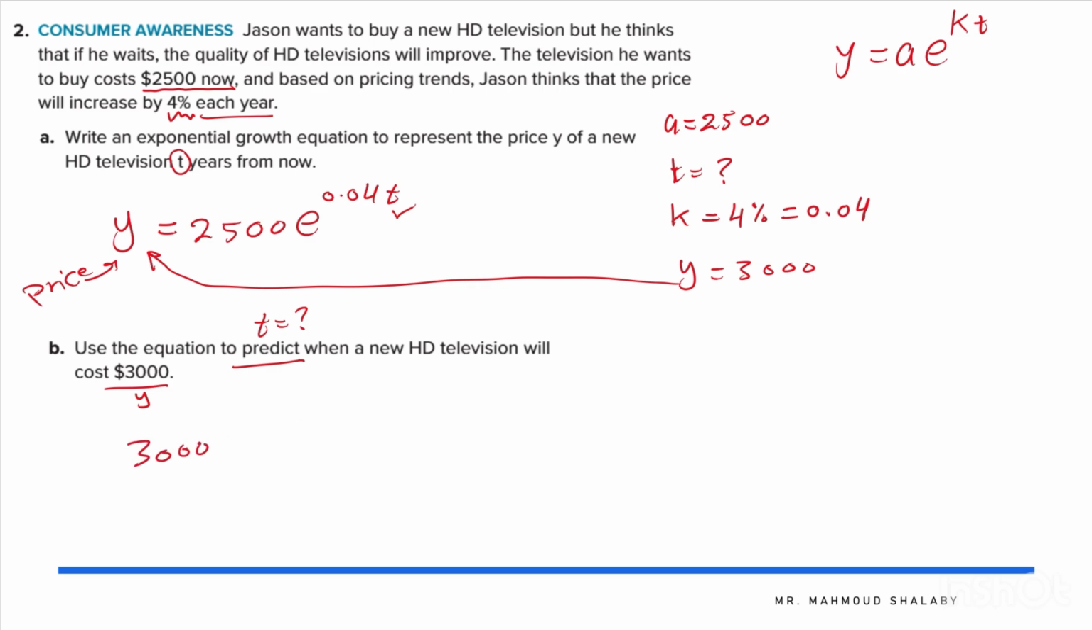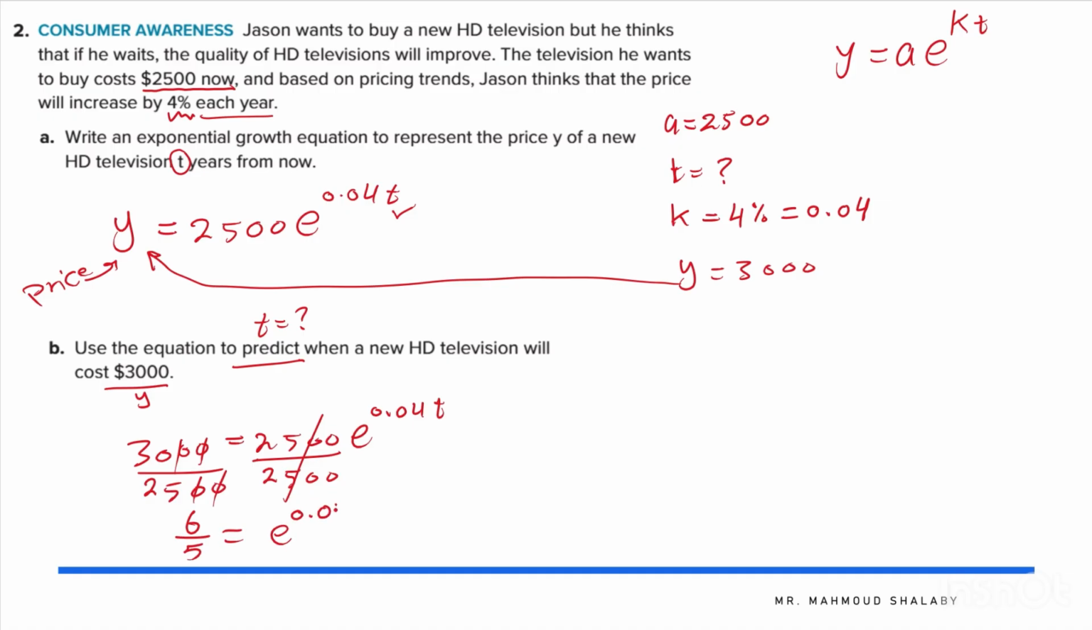So I will write 3,000 equals 2,500 e to the power of 0.04t. The first step is to divide by 2,500, so I can get rid of the number multiplied by the e. You can cancel these. You have two choices: you can simplify them or leave them as they are. You can cancel 2 zeros, or do it with the calculator. Divide by 5, it's 6 over 5 anyway. So this will be 6 over 5, and it's equal to e